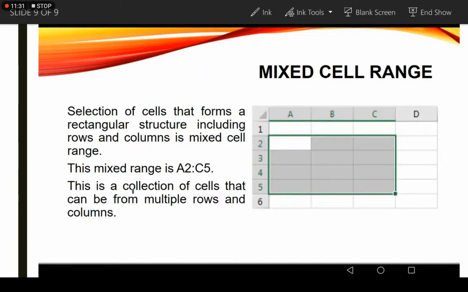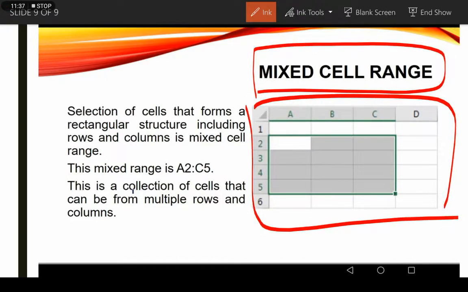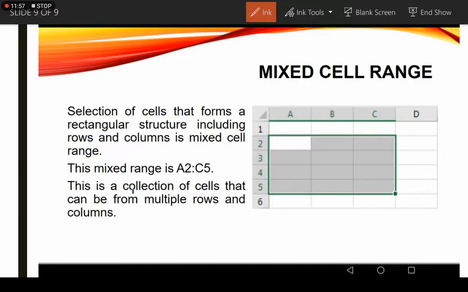Now the last one is mixed cell range. As you can see in this image, rows and columns both are selected, so this is called mixed cell range. A selection of cells that forms a rectangular structure including rows and columns is a mixed cell range. In this type of cell range you have to write the first cell and the last cell.